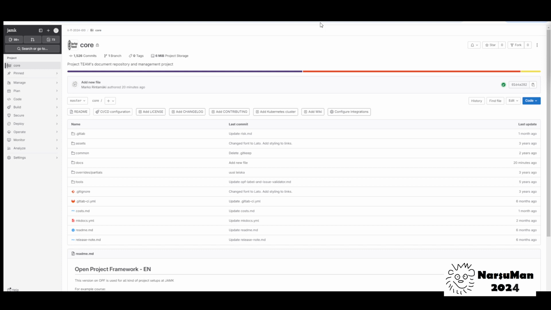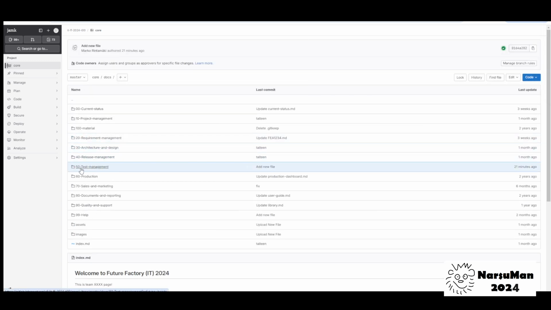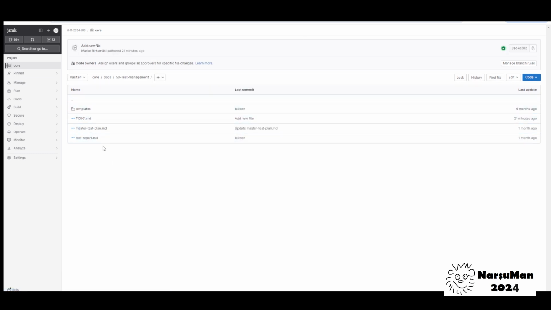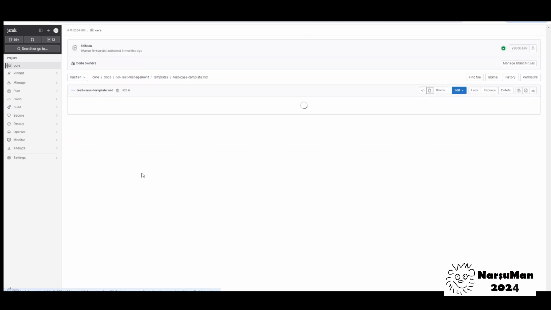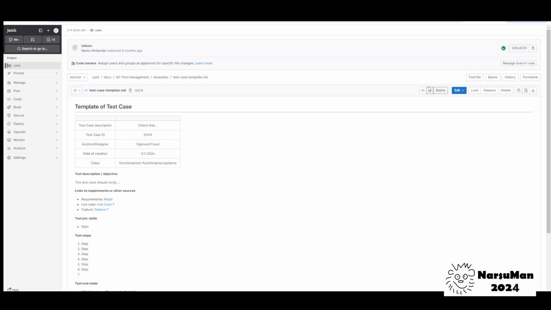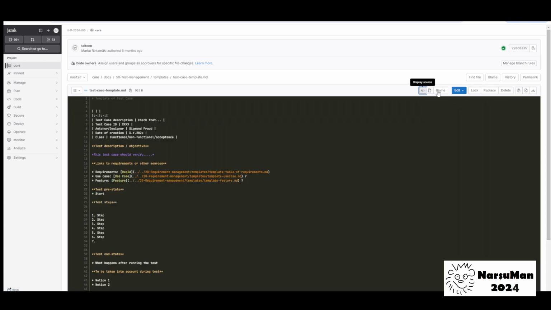if needed. So the original way of this environment was that we have this test management folder there. And if we want to make new test cases, there is one example I will make now, another one. So we have some template files here, and I can select this test case template. And I'm just looking at the structure of that. I'm just making sure, can I actually copy? Yes, I cannot copy, but now I can. So I take this